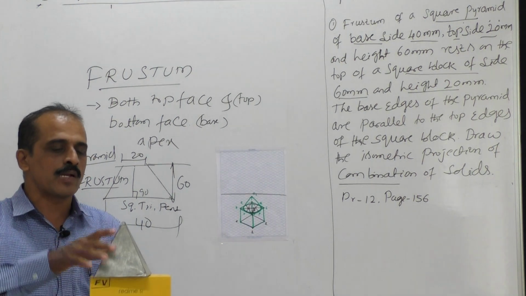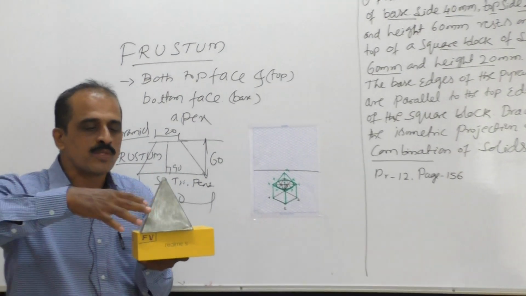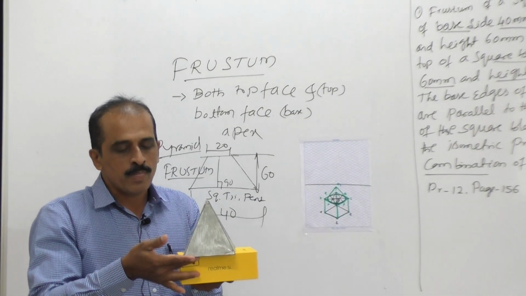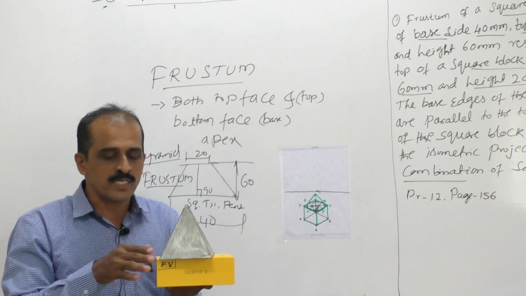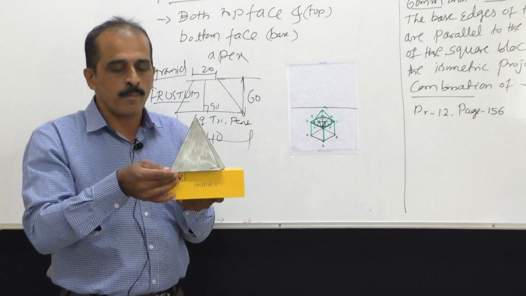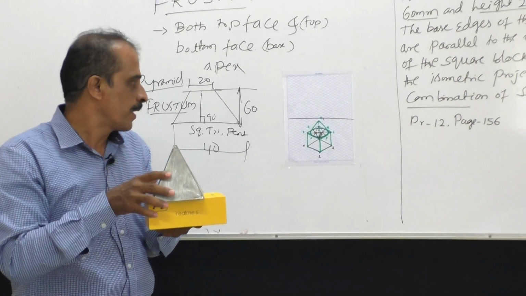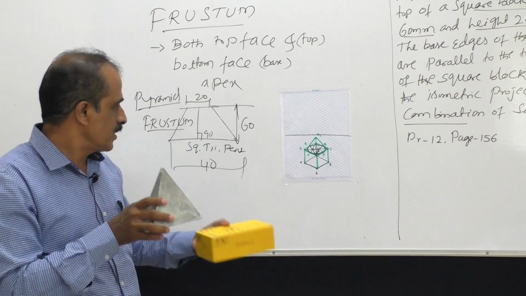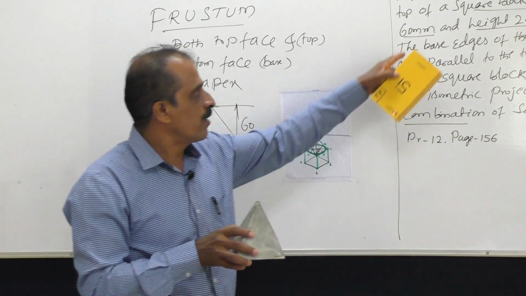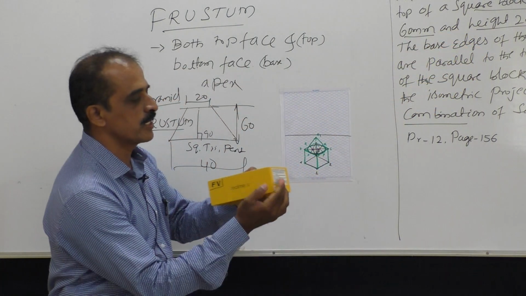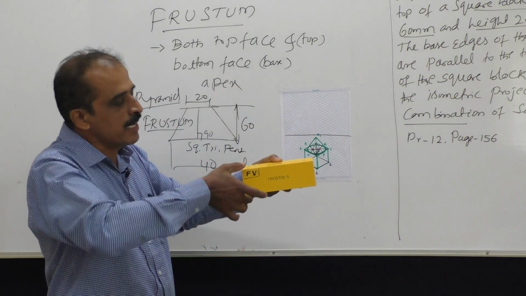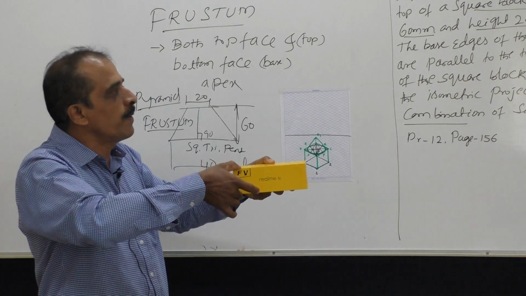That means where exactly this apex is cut and removed, this portion is cut and removed, both bottom face and top face are parallel to each other and both are the same. If it is a square, this is also square, both bottom face and top face are a square. Now we can see, this is a square slab of given dimension 60 and height 20. So this is an imaginary square 60, 60, 60, 60 on four sides, and this height is 20 mm.